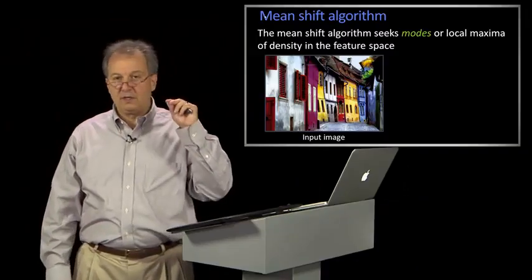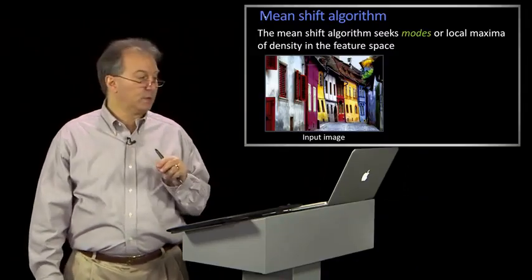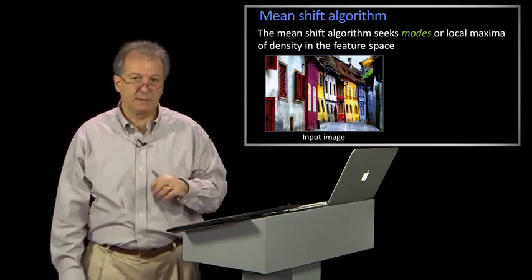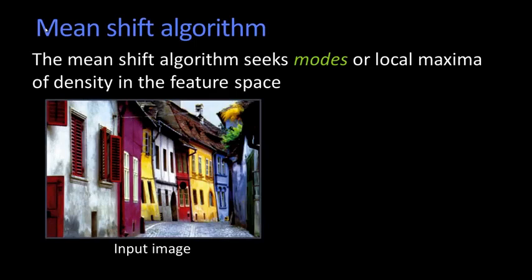So the approach that we're going to talk about for doing that is called the mean shift algorithm. And we actually introduced this when we were talking about tracking. It's a little bit easier to talk about when we do it as a clustering. So the mean shift algorithm was designed as a way of finding these modes, or these local maxima of density,